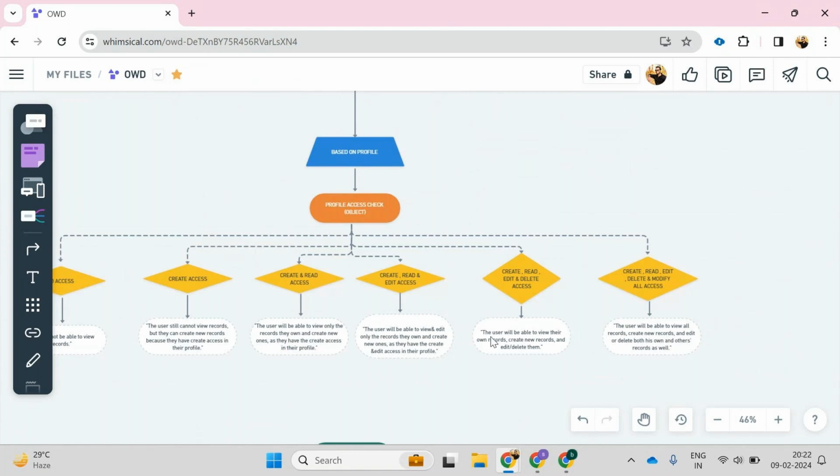So modify all access. It means he will get all the accesses for his records as well as others' records. So here you can see the user will be able to view all records, create new records, and edit or delete both his records and other records as well, because he has the power of modify all. It means he can view, edit, delete whatever he wants if he has the modify all access. Where will you give this modify all access? At the profile level, you will give this modify all access for the particular object. Okay, so